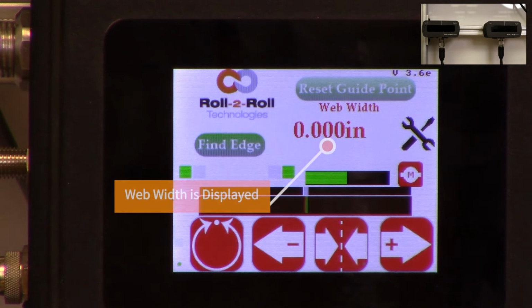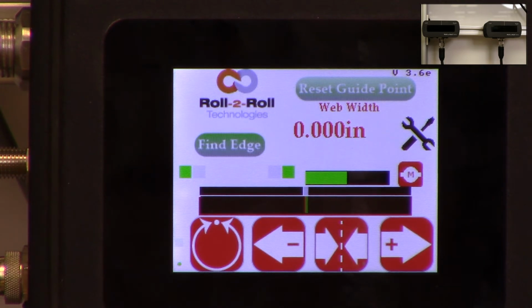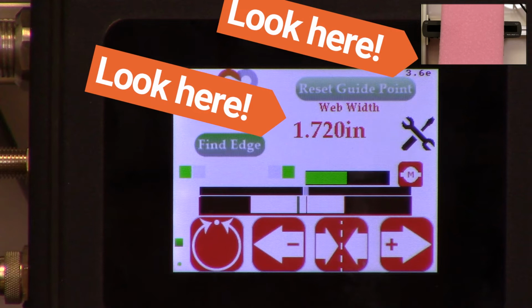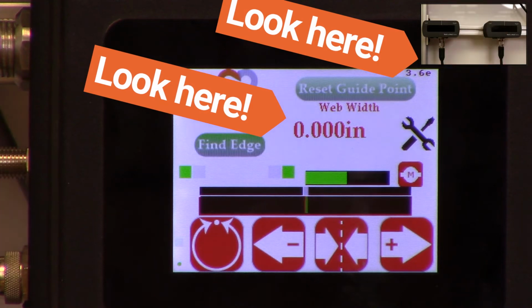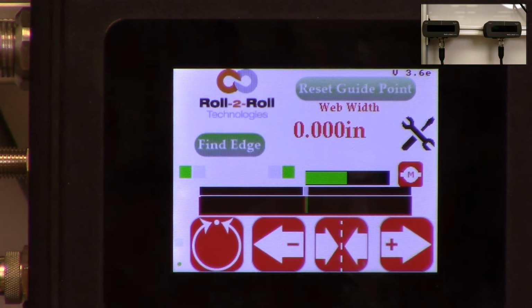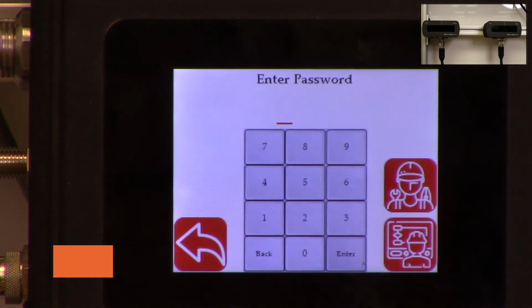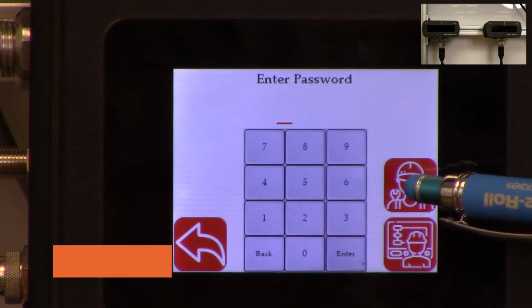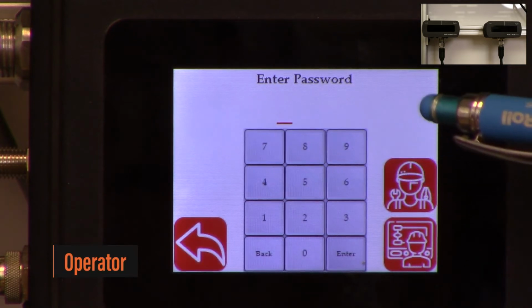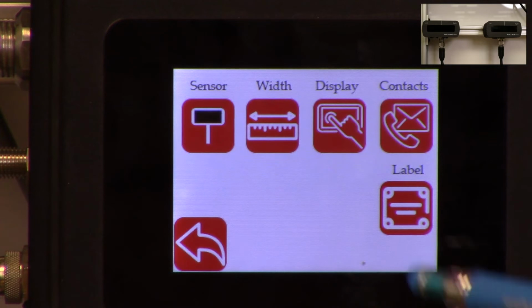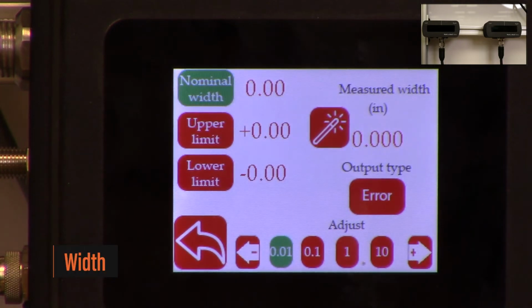The controller still doesn't know the distance between the two sensors. So in order for us to do that, we need to teach the controller the width. If I present the web here, it's going to give some random values. So in order for us to teach the distance between the two sensors, we're going to go into the tools icon again, and then the top right icon is the operator icon. We're going to click on that, and we're going to click on the width mode, and then a few things that we're going to set so that we can teach the controller the right